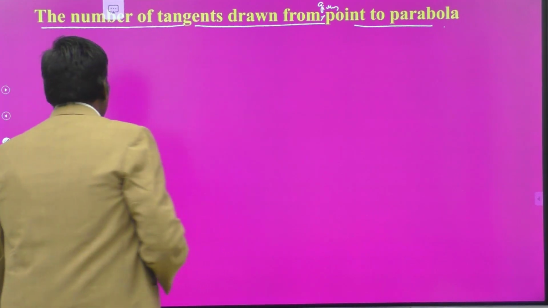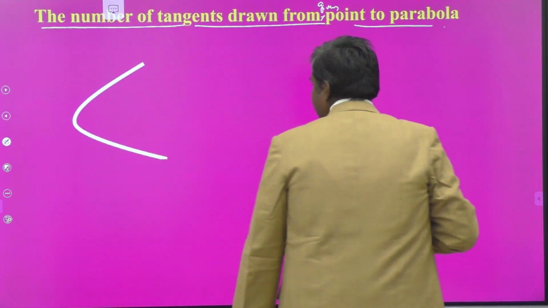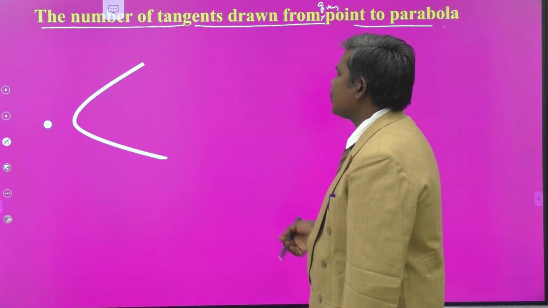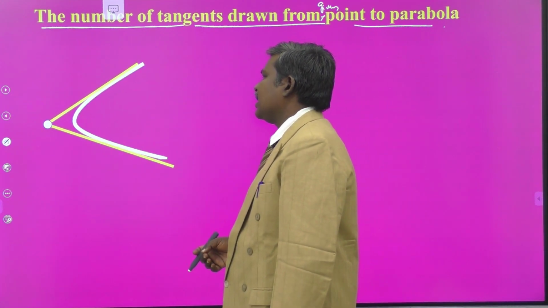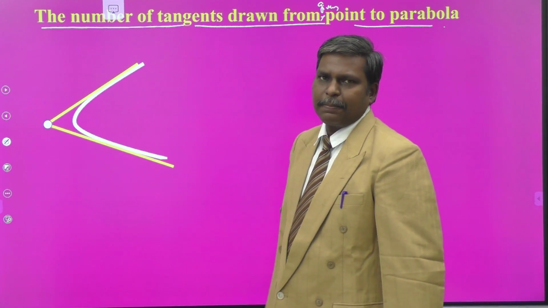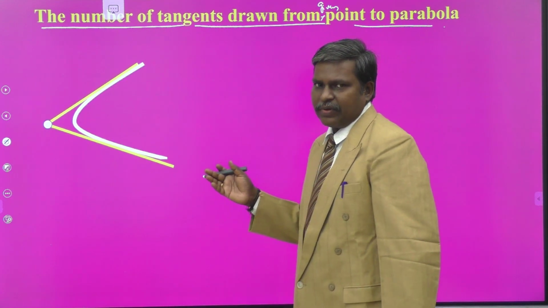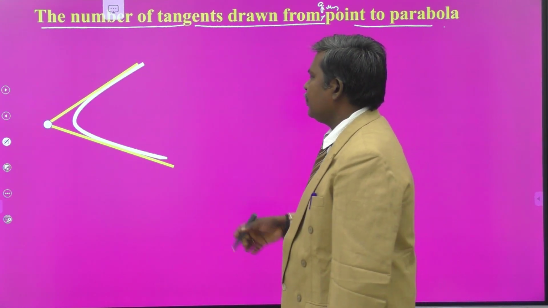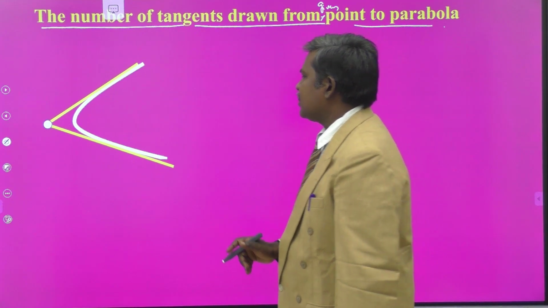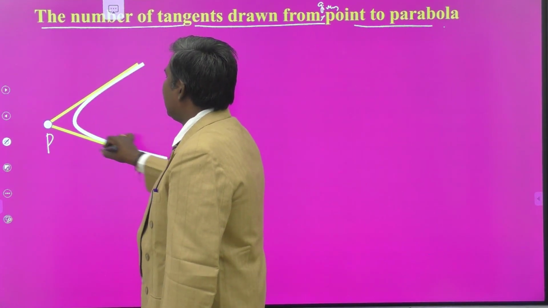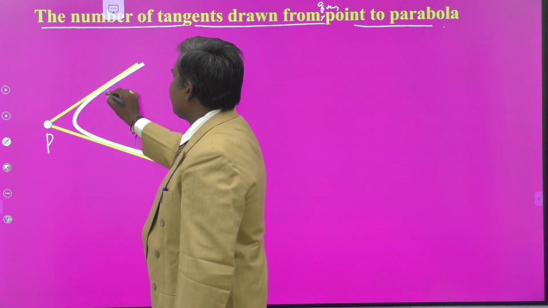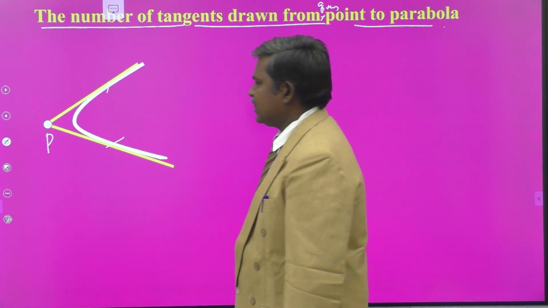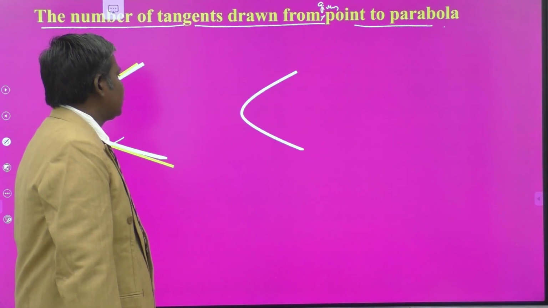Now let us see the figure. This is the parabola. This is my point which is outside the parabola. So how many tangents can you draw? This is one tangent. This is another tangent drawn from that point to the parabola, by diagram itself. Now we can prove that one. How can you say that these two are real and distinct? We can theoretically prove it, but diagrammatically I am showing here. This is your point P which is outside the parabola. In this manner we can draw two tangents. These are the points of contact. Where the line touches the parabola is called what? Point of contact.